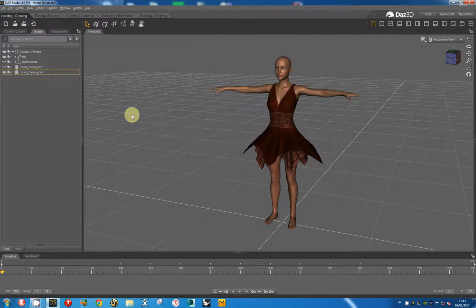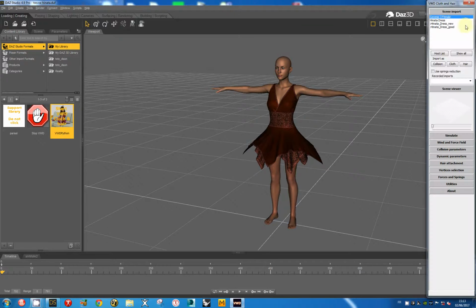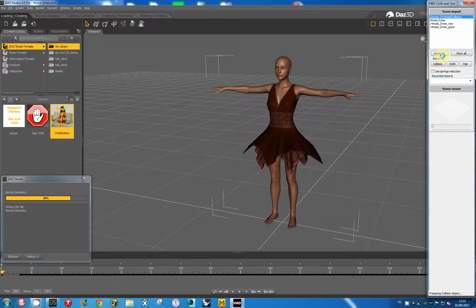Okay, all is correct. Now I can really start the final simulation. I restart VWD. I can import Genesis as a collision object.